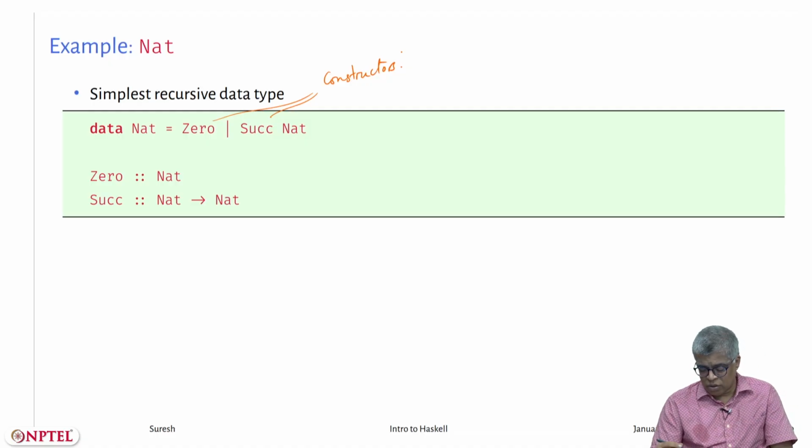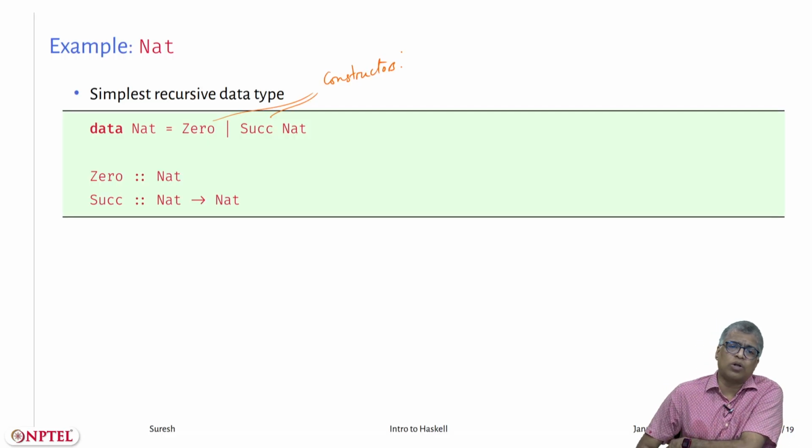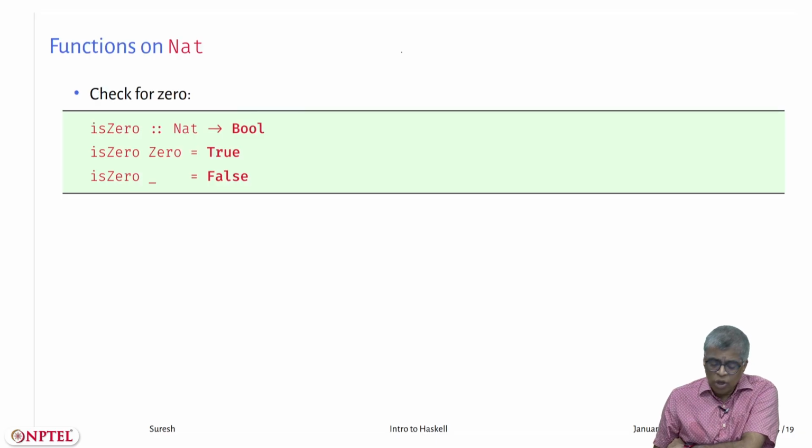In this lecture, as I present the material, I'll also program these in GHCi and try to see what the results are. You can do various things with Nat now. You can check whether a number is 0, and this doesn't require anything more than pattern matching. So is0 of 0 is True, is0 of anything else is False. Let's try this.